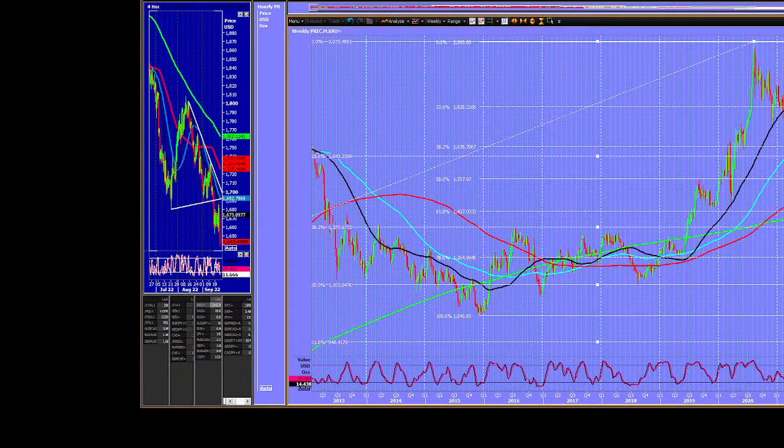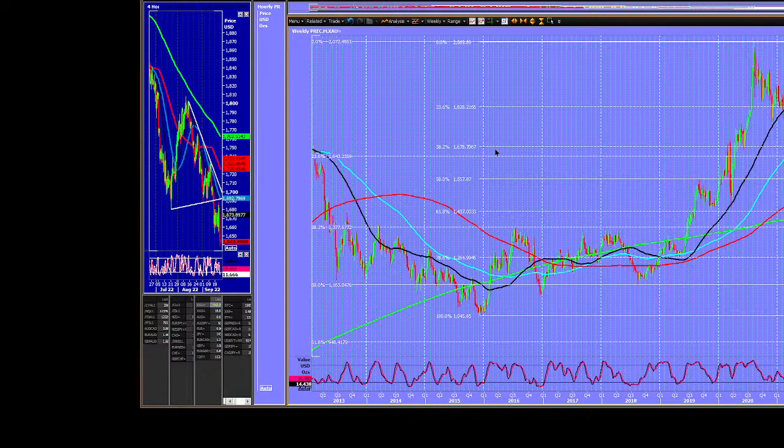Okay, I'm actually not going to put too much emphasis on it, but that is the 23.6% fib level from the 2000 low. So that is the whole bull run, and I'll be honest with you, I was completely unaware of that. So it's a good thing I've done this webinar, or I wouldn't have known.